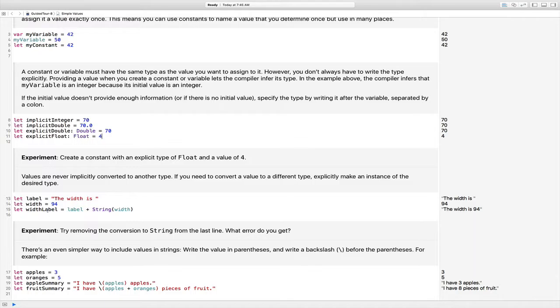Let width label equal label, which is now, what would we call that? Oh, well, label's a constant. See? We declared it up here. We declared the constant with the let keyword, and we gave it the name label, and we assigned this over here to the right, the width is. So now down here, let width label equal the label, which is the width is, plus,